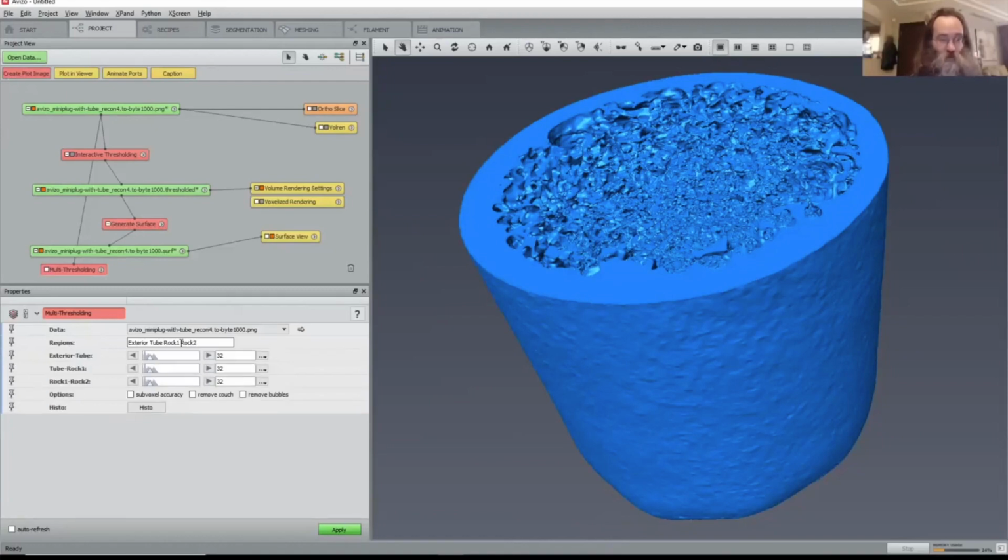And if you do that, you see that you get these properties to specify the thresholds between the exterior and the tube, which we said before was around 18, between the tube and the rock, which was around 33, and between the two types of rocks, the lower intensity and high intensity rocks, it was about 78. Okay, and if you compute this now,